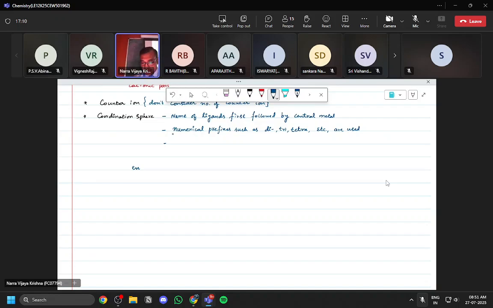Is it clear? If a ligand is already with numerical prefixes in its name, in such case,